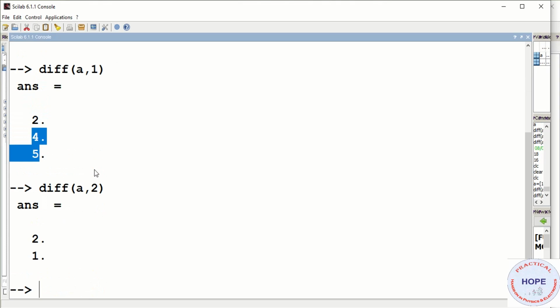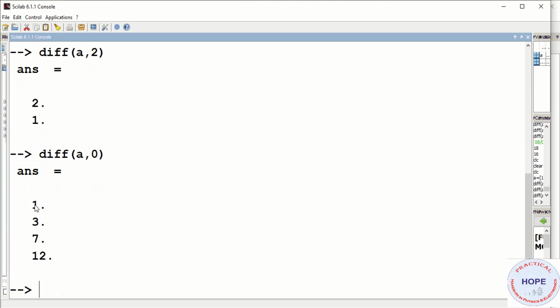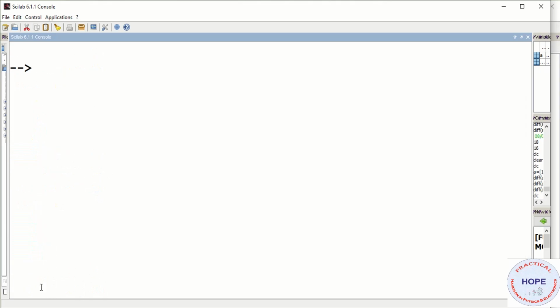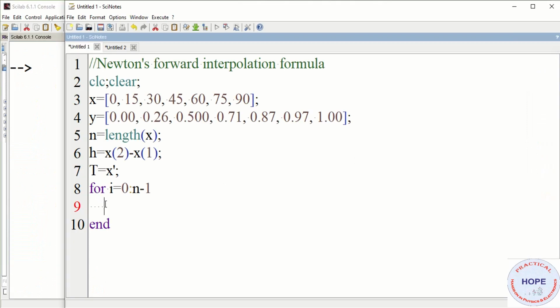In this way, if we keep increasing this, then we can get higher and higher orders of delta y. We can calculate the different columns of the difference table using this. Now suppose I write diff(a, 0), then I am getting the original a vector. So let's clear it and move to the Scilab window.